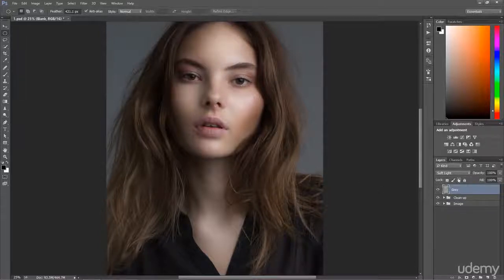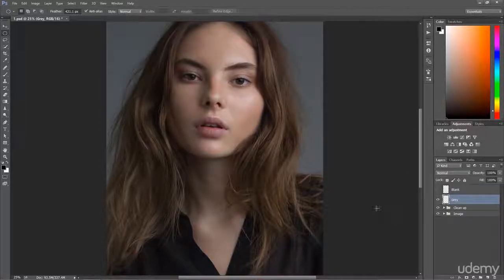So for now, I'm just going to create these layers once again. I'm going to create the gray layer. Of course, not this gray. And above this, I'm going to create one more as a blank. Even though I said you can choose one, we can keep two layers as a help. If we need to do some color corrections, we're going to work on the blank layer and the rest on the gray layer. I find such a resolve really comfortable,